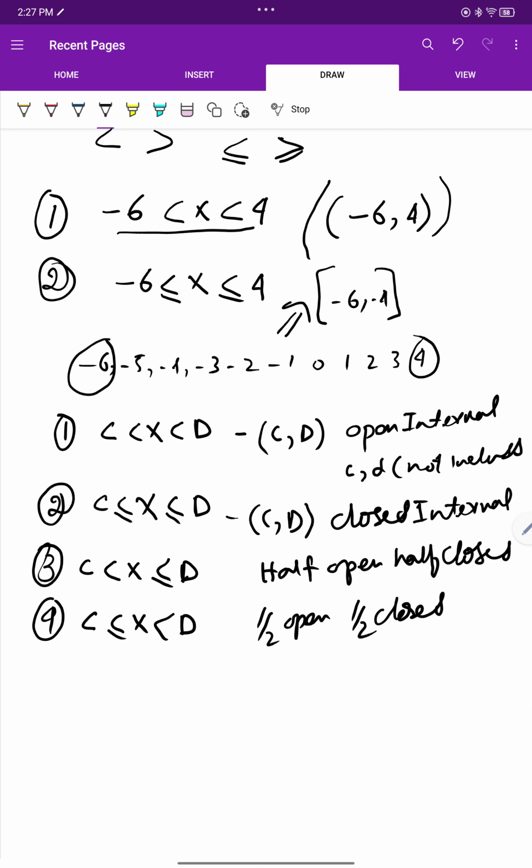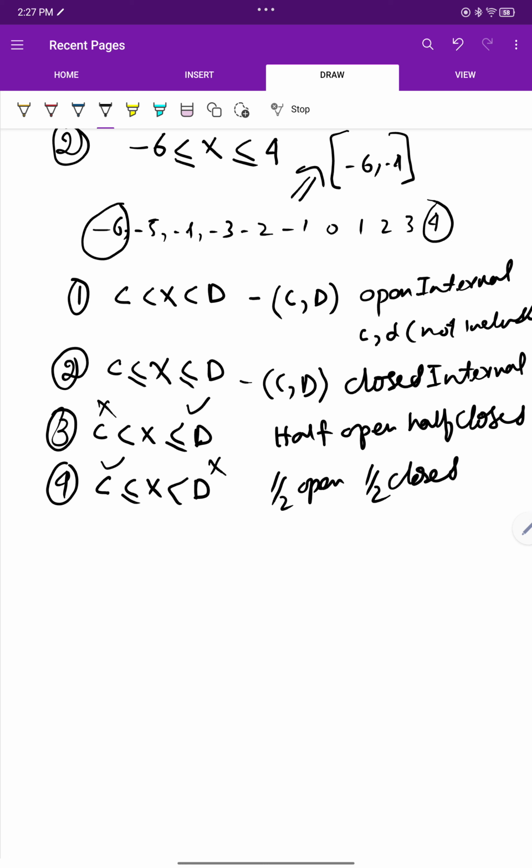When c is less than equal to x, so the c is included, but the d is not included. When c is less than x, c is not included, but d is included. You're gonna close on d. So that's the important things about the limit. So the third one is we're gonna do some example on this, but let's go to the introduction to